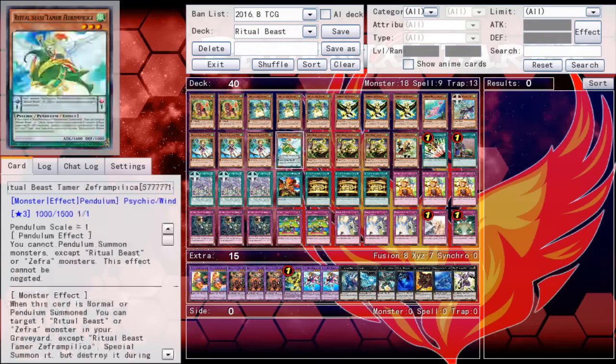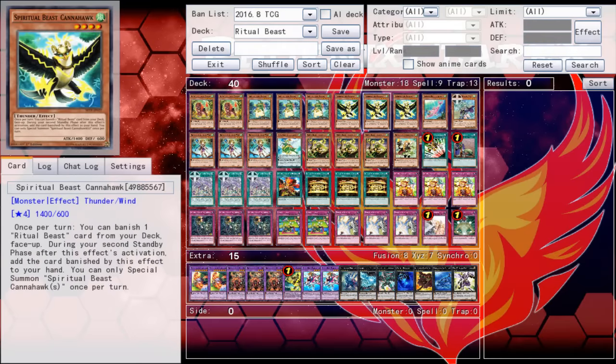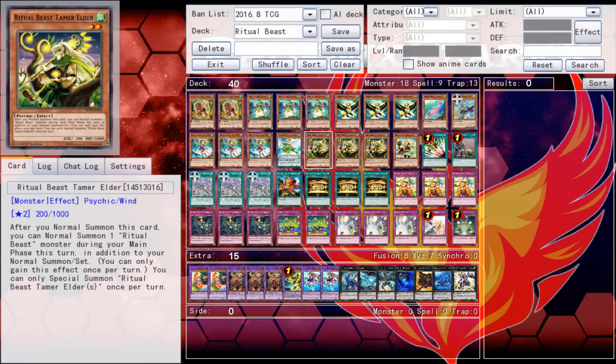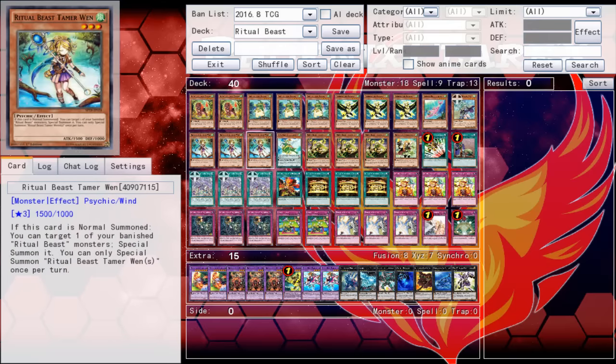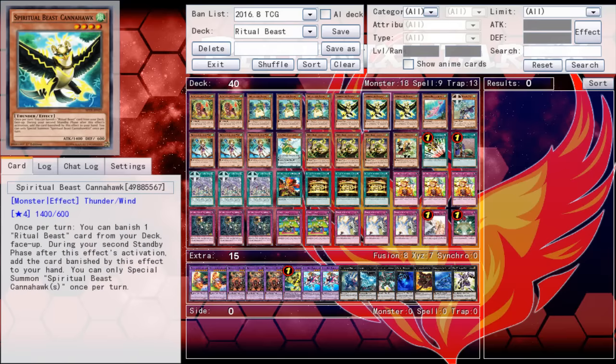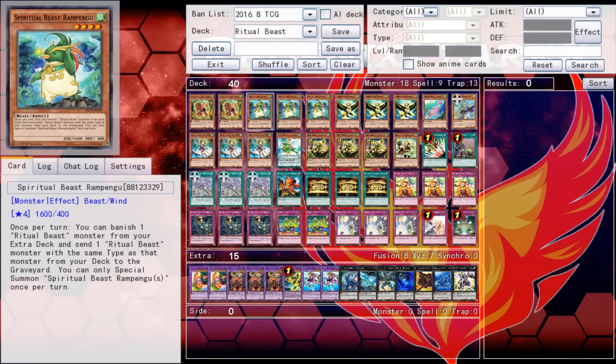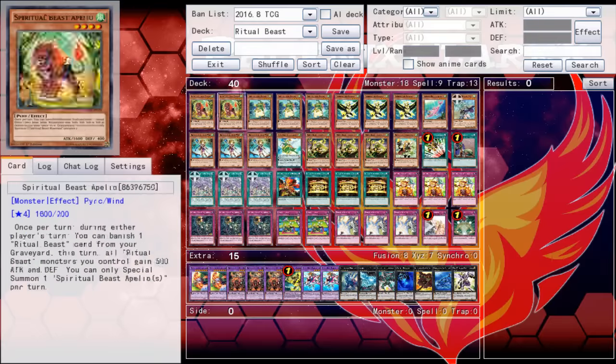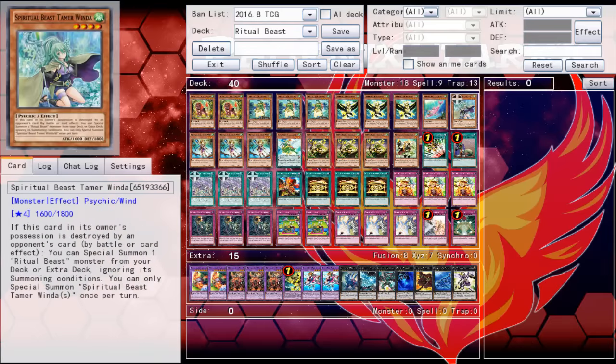It combos very well with Rampangu, with Kanahawk, with Goldsark. It essentially means that you have more copies of starter cards like Elder. You now effectively have a lot of different combinations of starter cards that you can open with: you can open Elder Kanahawk, Elder Rampangu, you can open Win Goldsark, you can open Kanahawk Return, Rampangu Return, Goldsark Return. There are so many different opening combinations that you can actually get